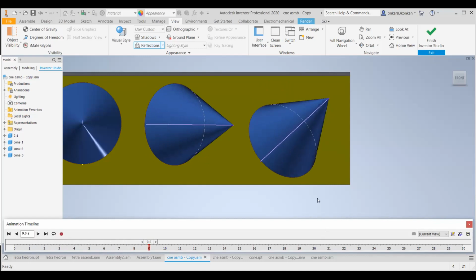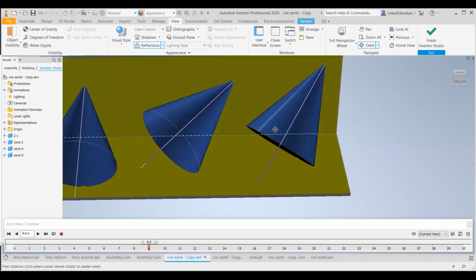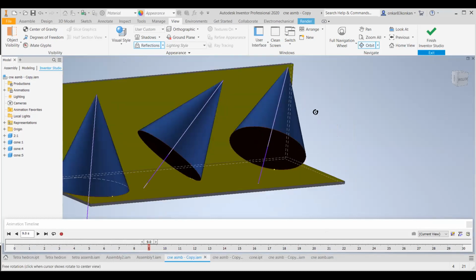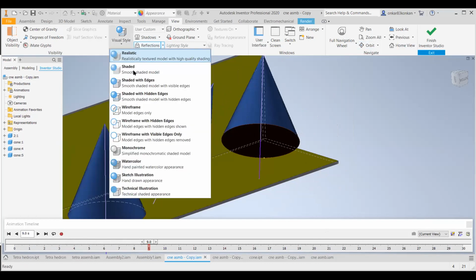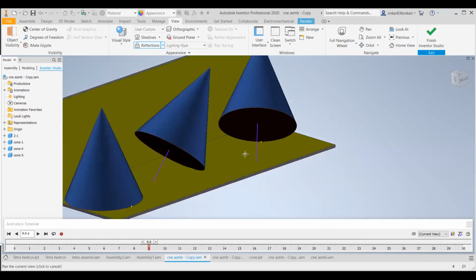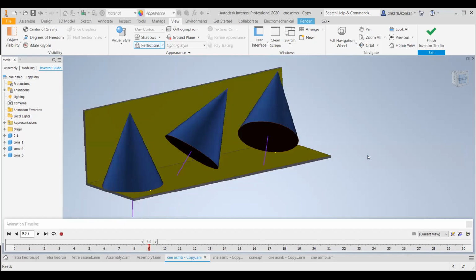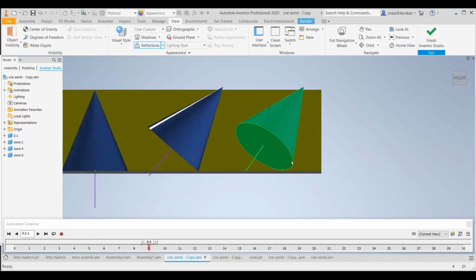So right now the apex is away from the observer, because for the front view, this is the position of the observer. If you observe from the front direction, then this apex is away from the observer. So you can observe here the change in the front view when we rotate the top view for the third stage.